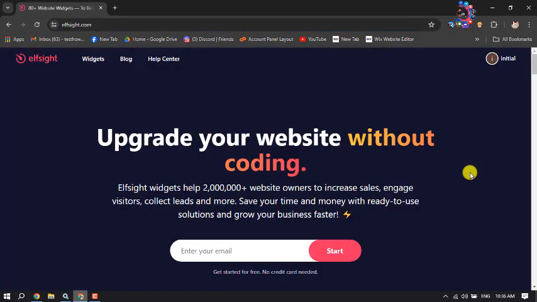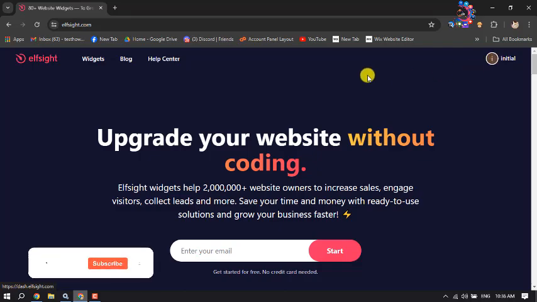First of all, you have to open this website elfsight.com, and this is a very popular website where you will get lots of free widgets to add to your Wix website or WordPress or Shopify. So once you are in this elfsight.com, just create a free account and sign into your account, and then click on widget,